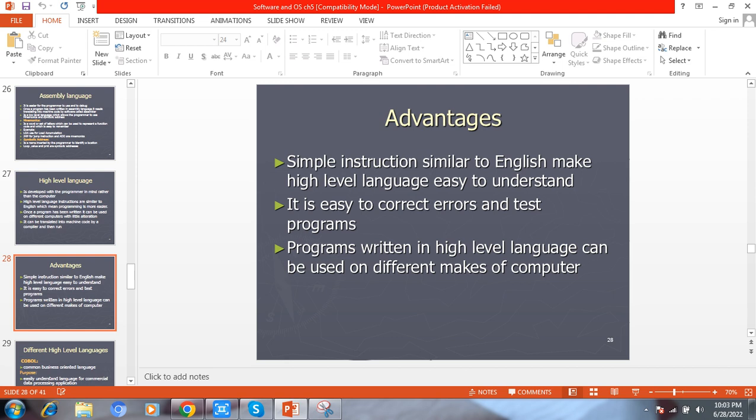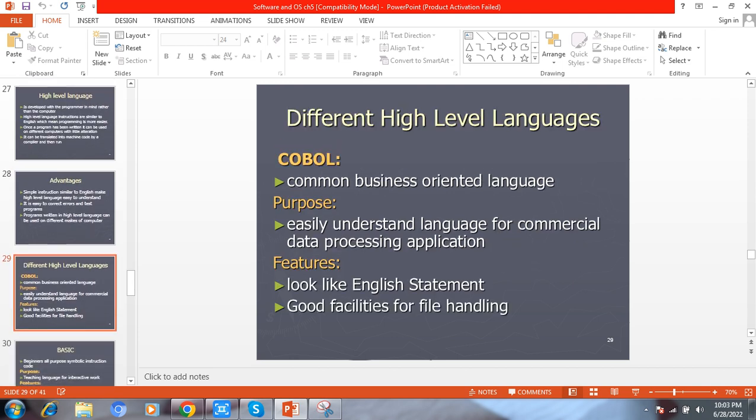Now different high level languages: COBOL, Common Business Oriented Language, for business purposes, used for commercial data processing, looks like an English statement, good facility for file handling. Features of that: